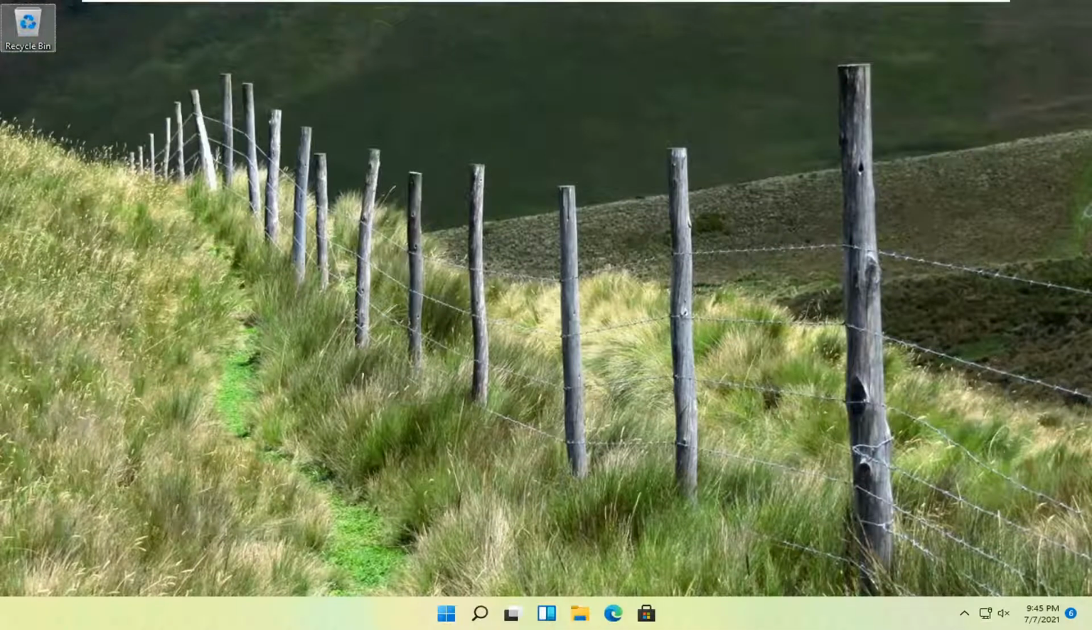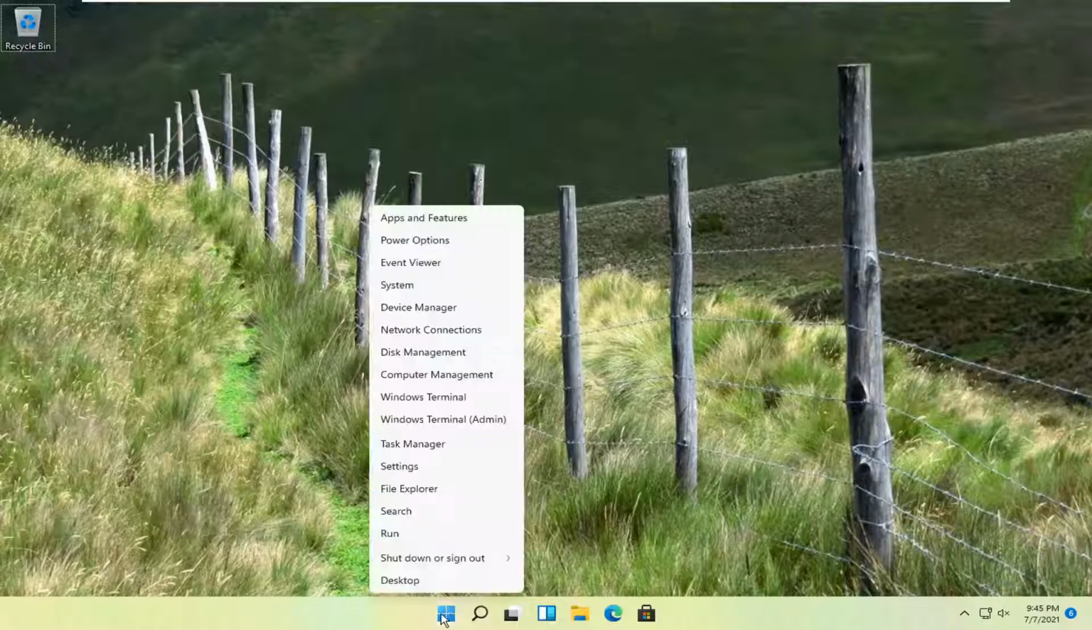In today's tutorial, I'm going to show you guys how to download and install the Windows Media Player onto your Windows 11 computer. So this should hopefully be a pretty straightforward tutorial, and without further ado, let's jump right into it. So all you have to do is right click on the Windows icon that says Start,